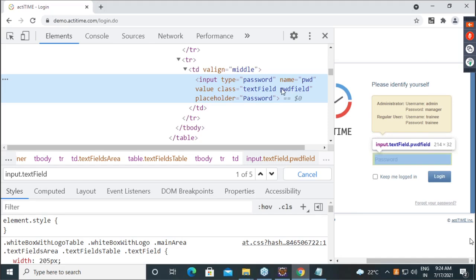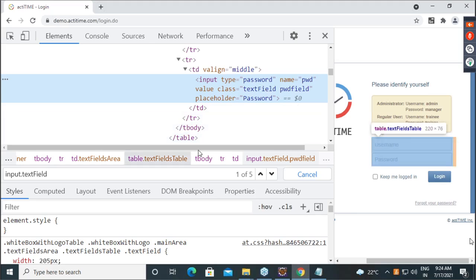Okay. See guys, one thing. Don't feel that we will understand the locator concept in a script. Script is nothing: driver, find element, dot click, dot send keys. They are only the game. We have to understand locators here, how they behave. Now, I want to identify the element by using multiple classes.